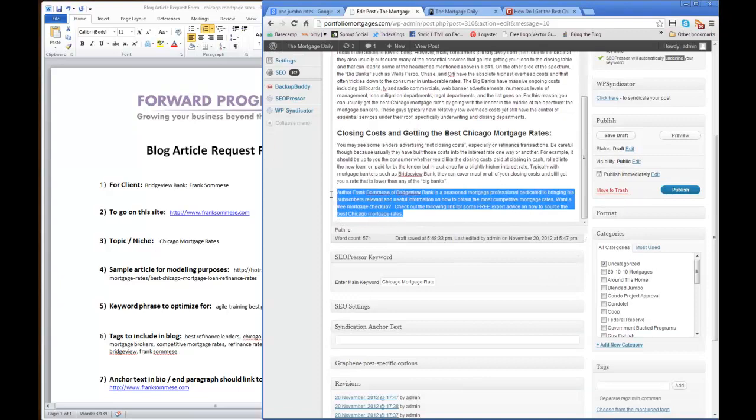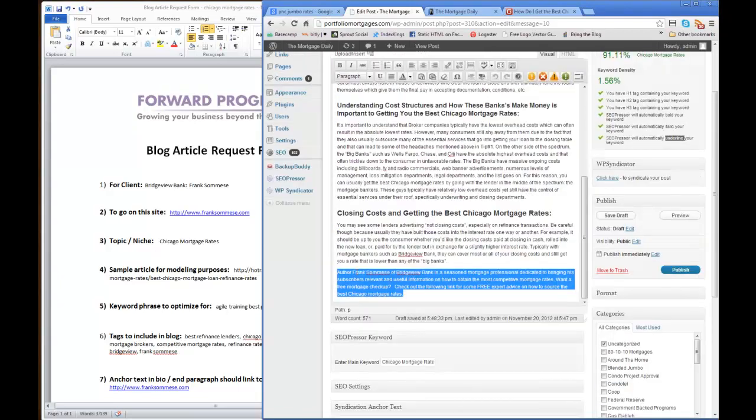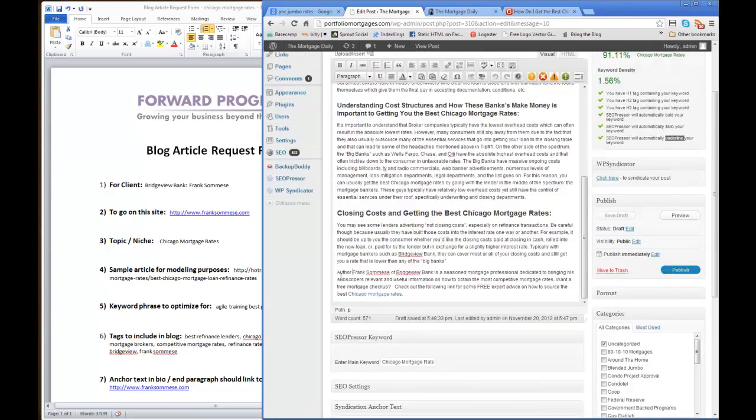And then here in the author paragraph, we mentioned the author's name. So author Frank Samis of Bridgeview Bank is a seasoned mortgage professional dedicated to bringing his subscribers relevant and useful information on how to obtain the most competitive mortgage rates. If you want a free mortgage checkup, check out the following link for some free expert advice on how to source the best Chicago mortgage rates. So we use the keyword phrase in the very last sentence, which is key, and we made it a hyperlink, which points to